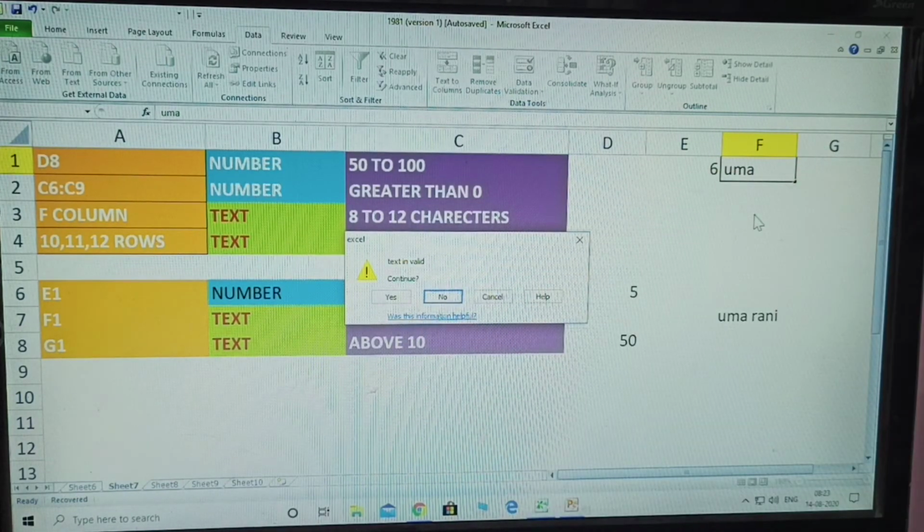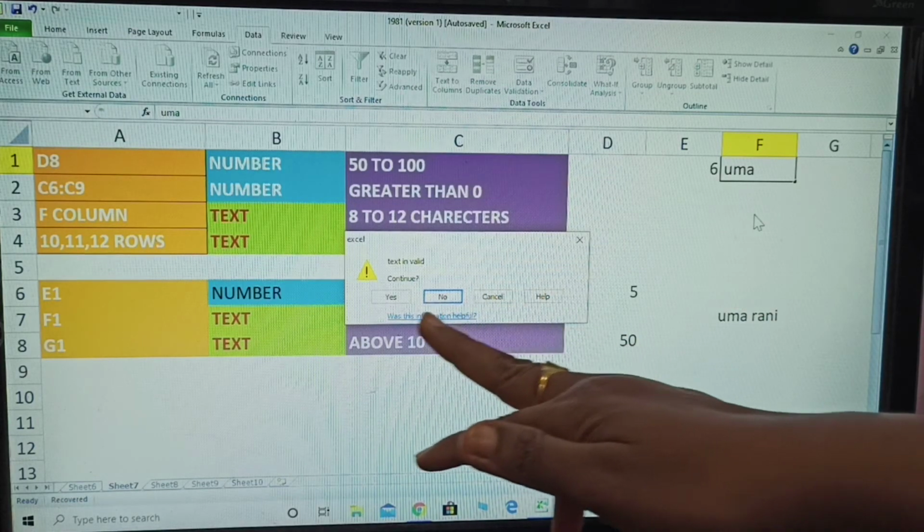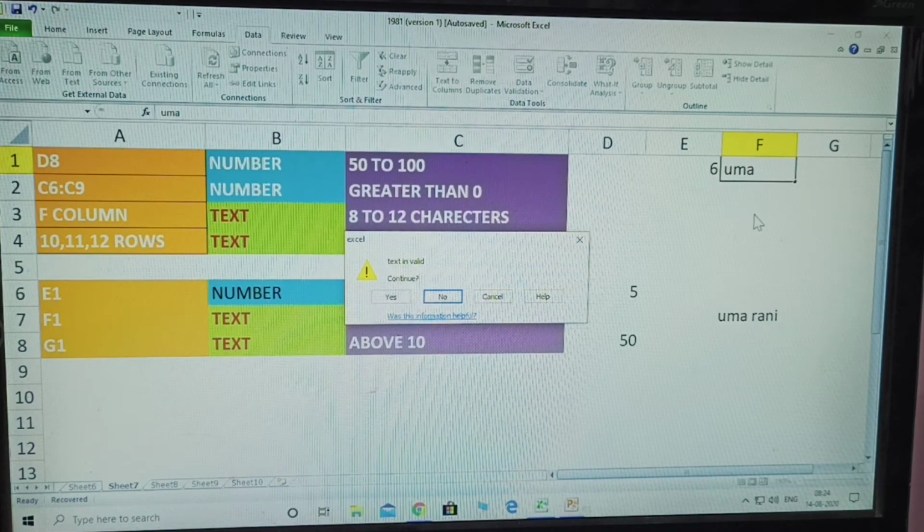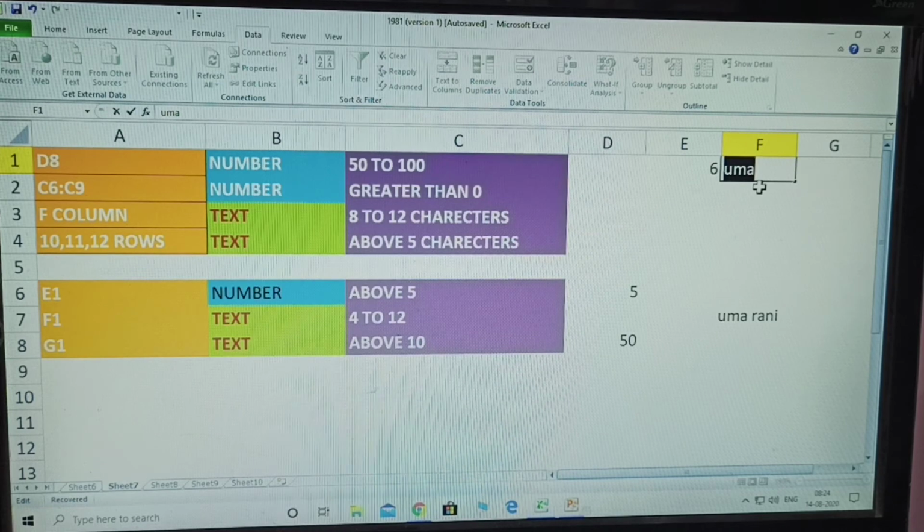Continue means continue. Why? Because it is a warning, and whatever name text characters you give anywhere, if you click no, it automatically changes. Okay, don't forget this one. This is very important. Whatever text type is given, you clicking yes or no, the condition is automatically displayed. You clicking no, the same condition given is only displayed. Okay, I am clicking no. Next,